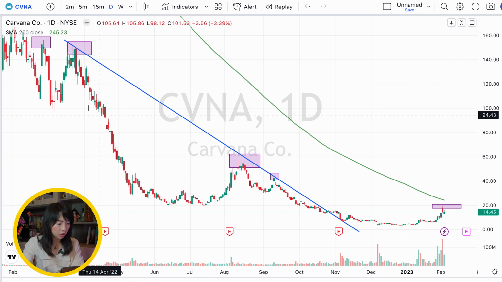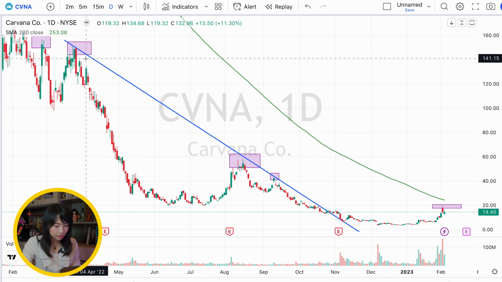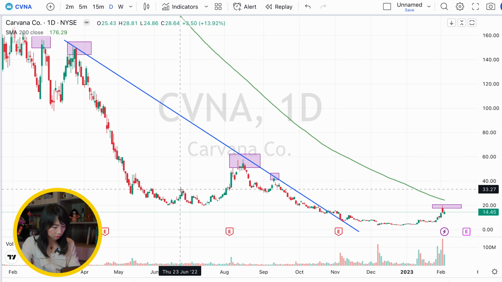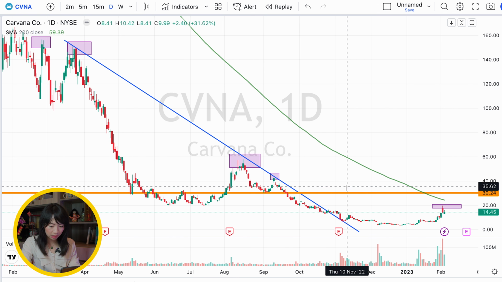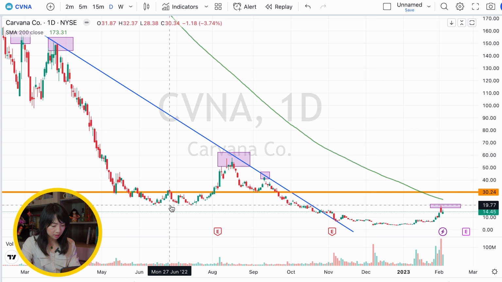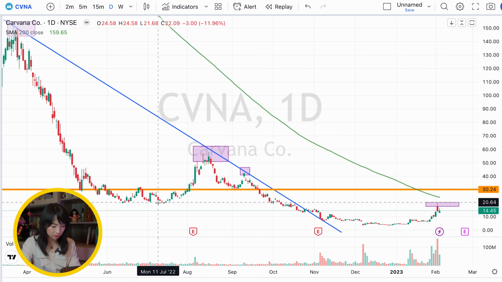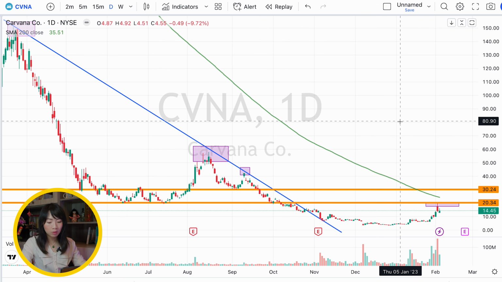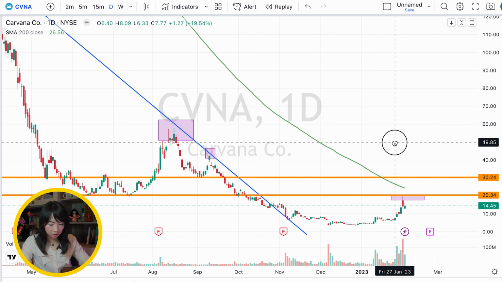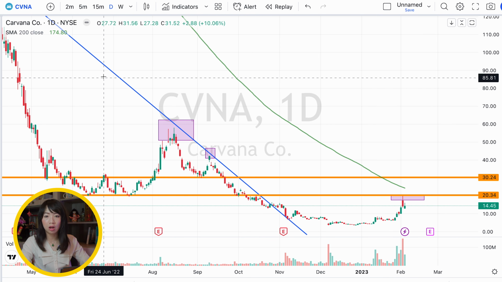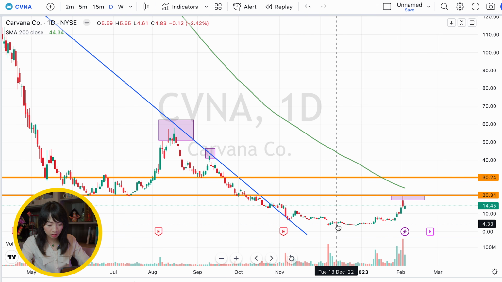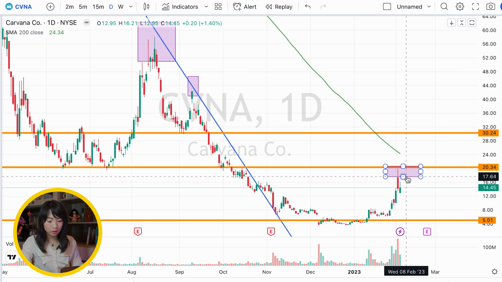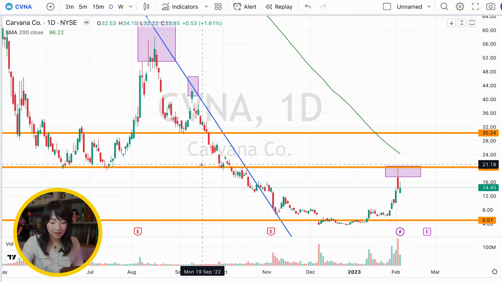Now, taking a closer look over here, you can see the stock, once it sold off from 140 down to $30, this range, there's some support area right here. Support area around $30. Below it, you can see 1, 2, 3 touch points at this lower level. This is also around $20. So what you can see here is that the stock, right now, even though we're not underneath the long-term downtrend, we're actually rallying off the support of $4 over here, $4, $5,